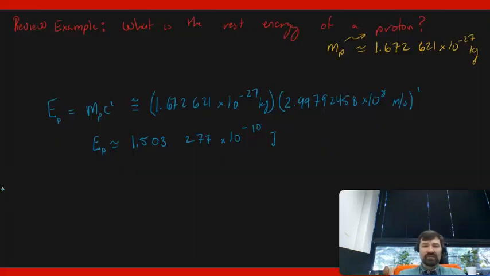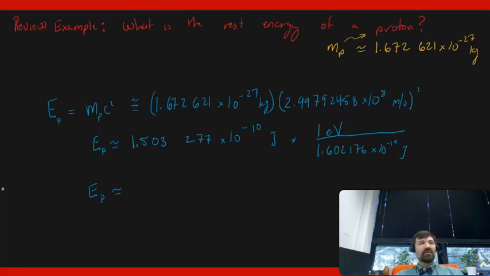So basically we would then multiply this by 1 eV per 1.602176 times 10 to the minus 19 joules,